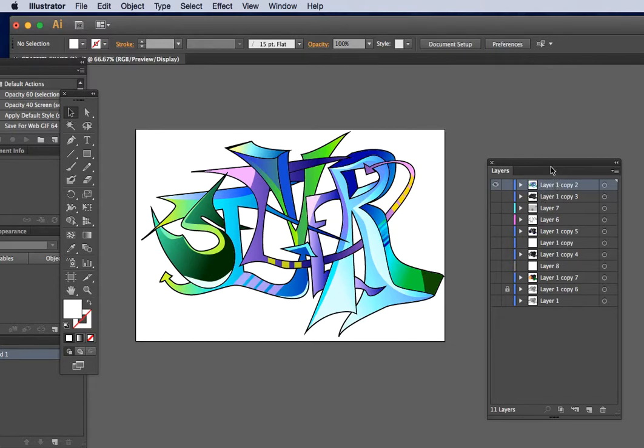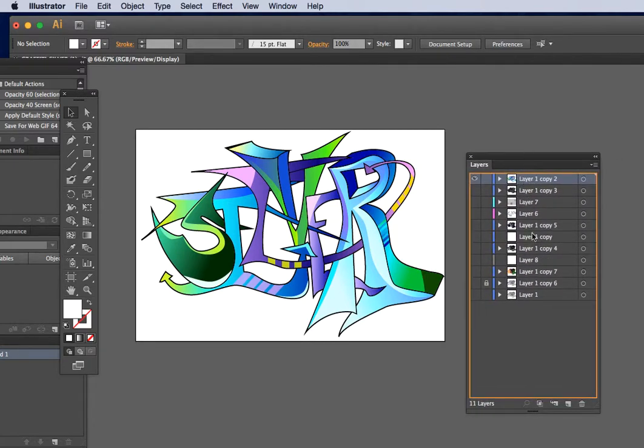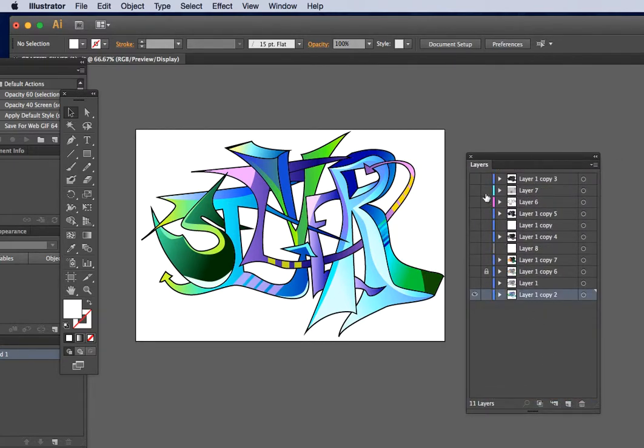Easy. So I'm going to take this layer that I have everything on, and I'm going to copy it. I'm going to lock everything else up. Oops, I didn't copy it. Did I delete that? No. I'm going to copy it, and for some reason I accidentally dragged it down to the bottom. I'm going to lock everything else up, just like I showed you, and make it all invisible, and then grab